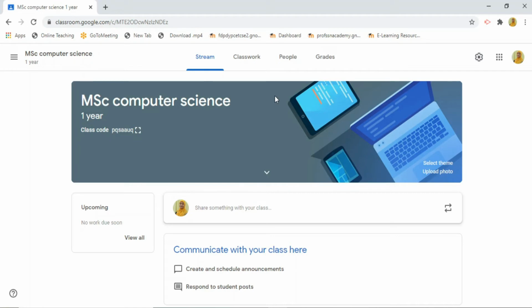Now here you can see four options. One is stream, second is classwork, third is people, and fourth is grades. I will tell you one by one. The first one, stream. The stream is whatever you update in the classroom, which will be reflected on the screen. The second one, classwork.